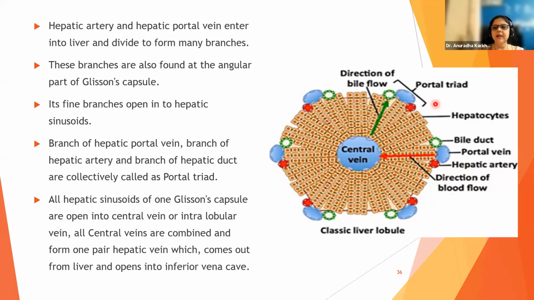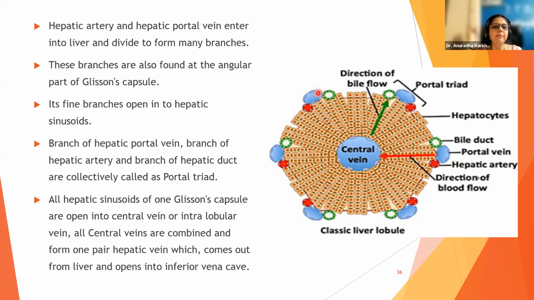Okay, I'll tell you. See, I'm saying the bile duct, the portal vein, and the hepatic artery. There are three numbers, 1, 2, and 3. So these three together will be called as the portal triad. What we call it as portal triad. So everywhere you can see the hexagonal or polygonal shape of this hepatic lobule, and at every corner there is going to be a portal triad present. No issues now. Understood this?